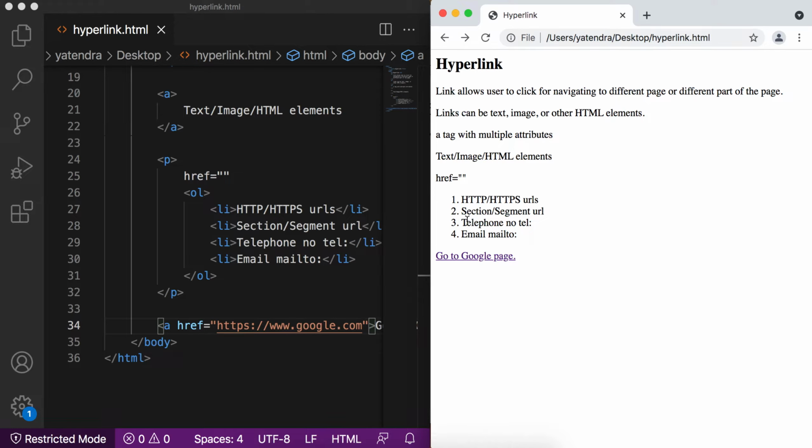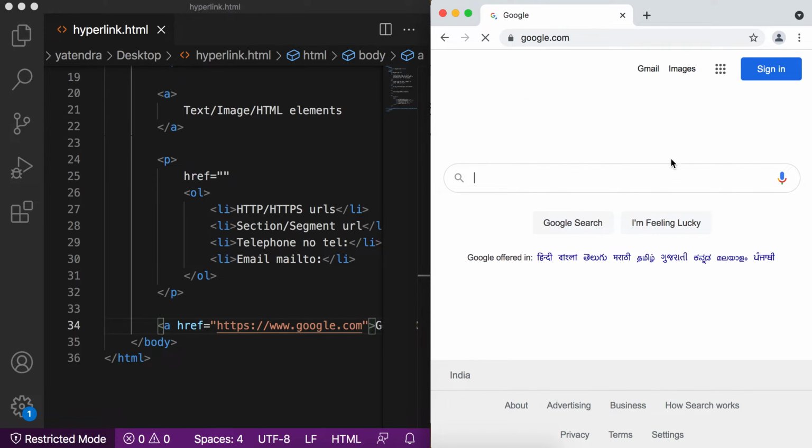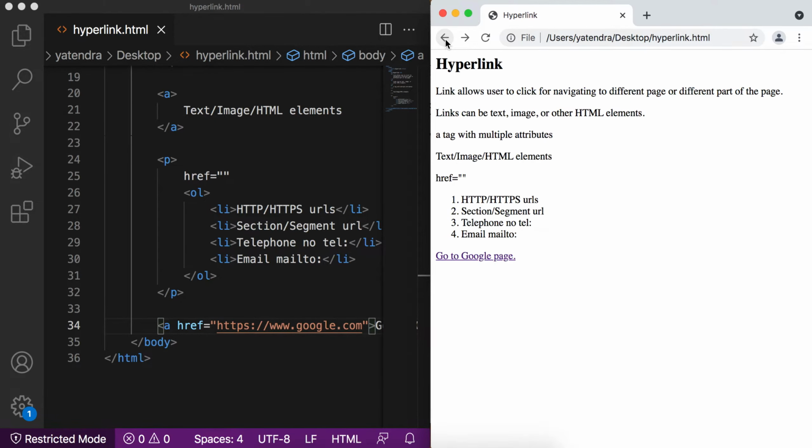Any other text is not pointing like this. And when I tap on this, let's see what happens. It loads the google.com page on the same tab. Let's move back. So this is our first thing.